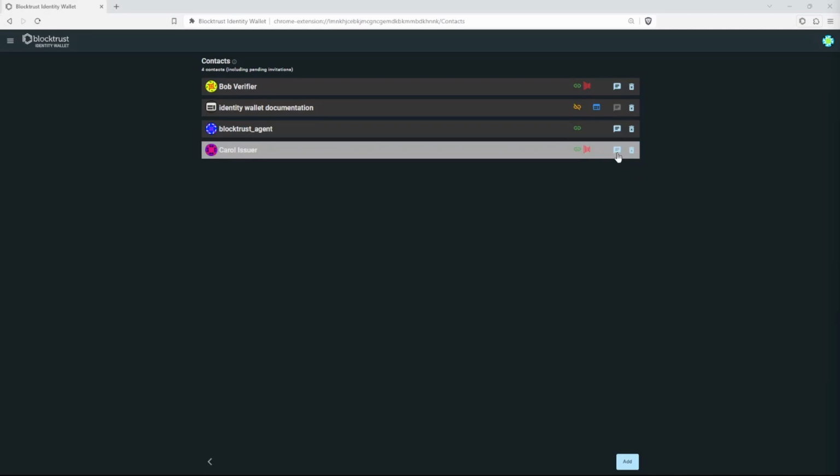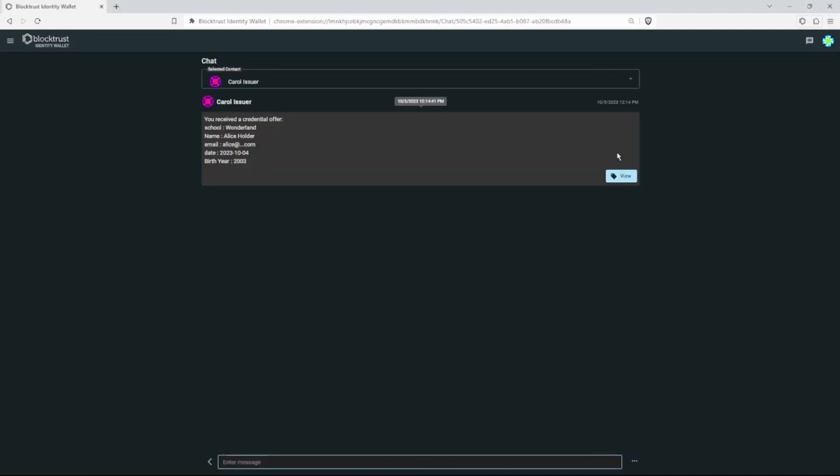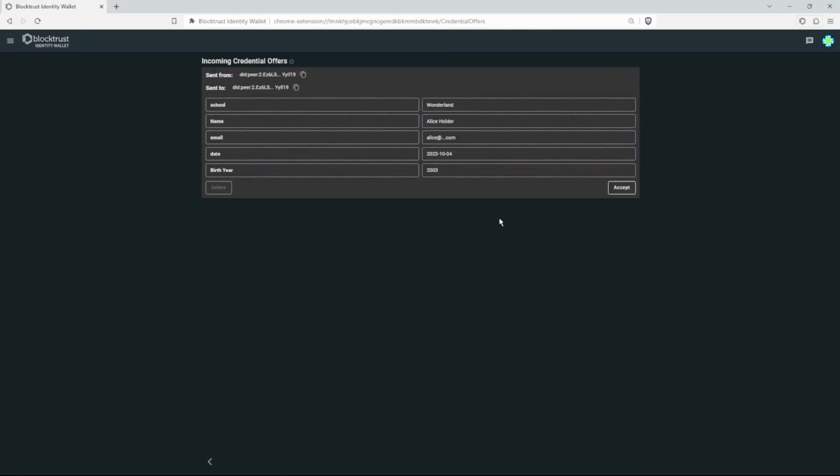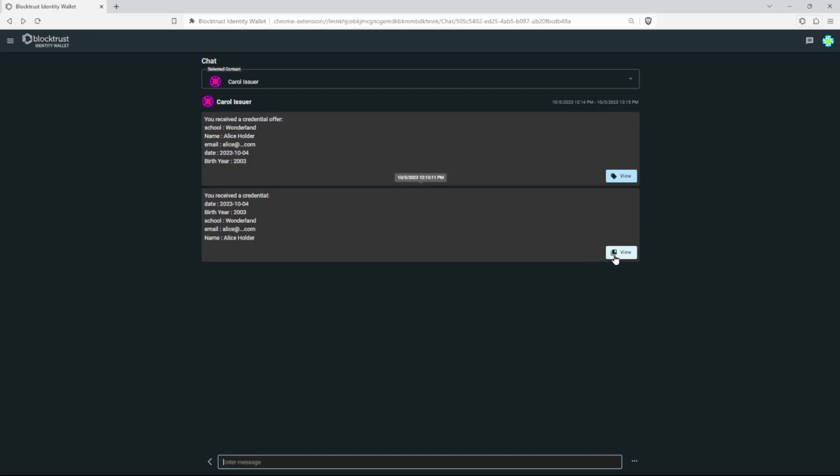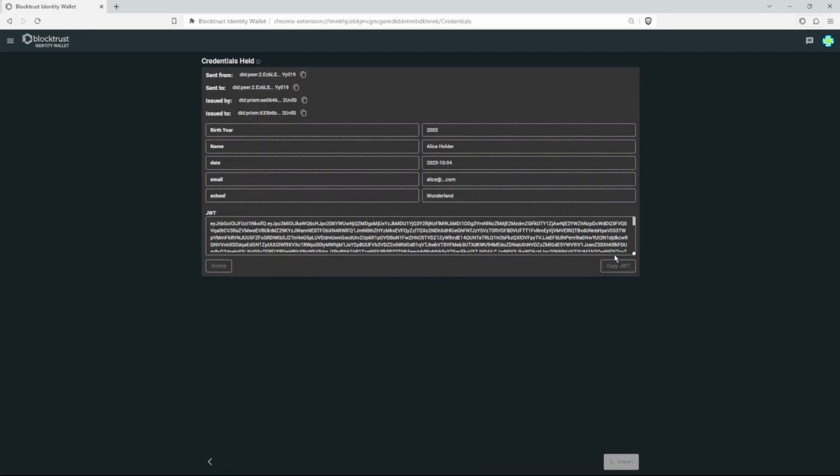Let's say the issuer has just issued a credential offer. Alice sees that in her chat with Carol Issuer, and she can view the credential offer and choose to accept that. During the acceptance, Alice is essentially sending her DID back to the issuer. And then off screen, the issuer can complete the issuing. This then appears back to Alice as the credential,